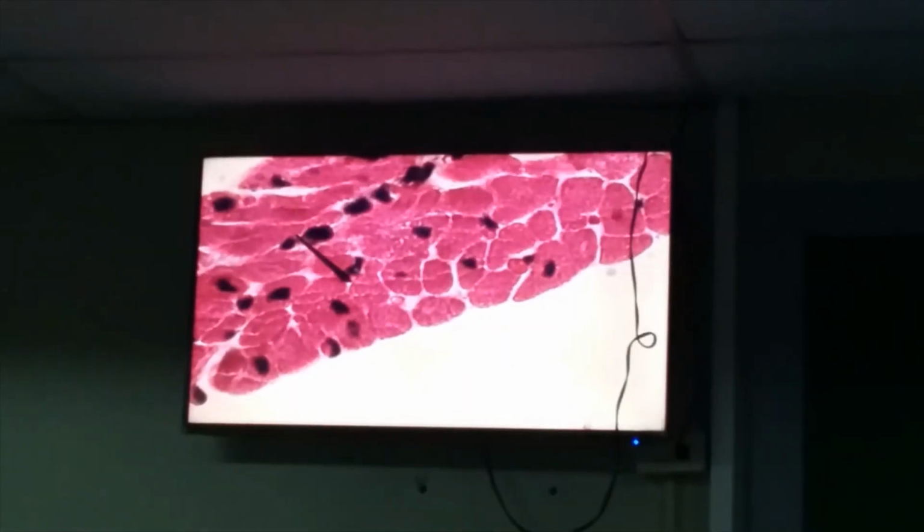Go ahead and take a picture of that. So, the intercalated disc is the characteristic feature of your